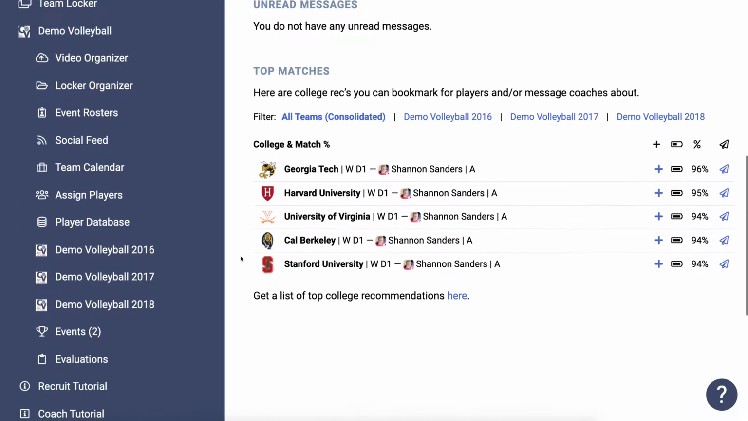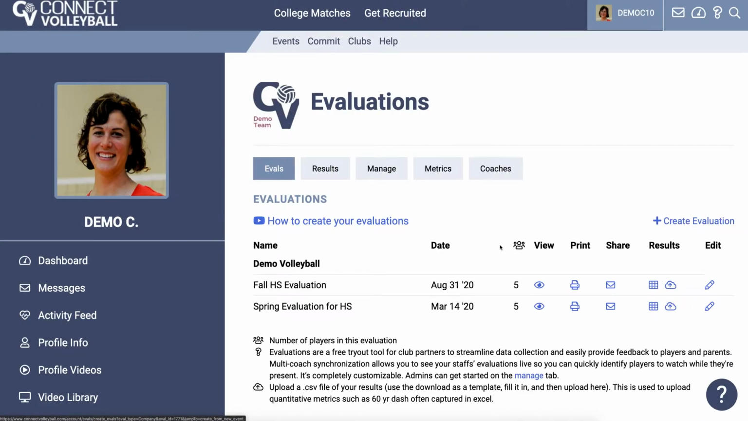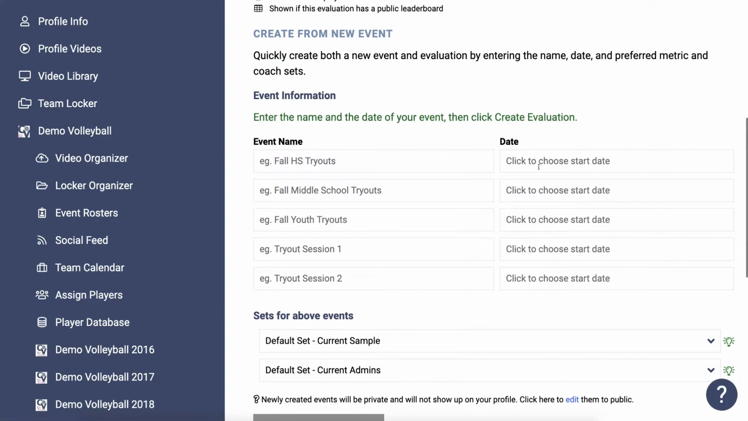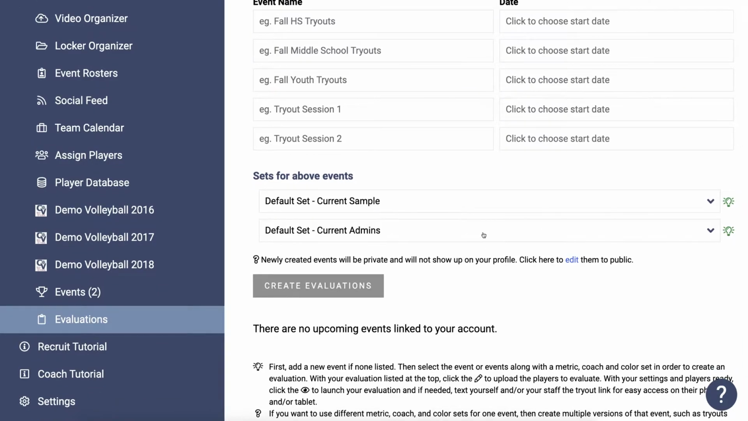If I scroll down to the evaluations tab, you can come over here and quickly create an evaluation. You just need to put the name and date. If you have multiple evaluations, you will be able to consolidate those results. You can also have your current admins, a current sample here of metrics. So if you have different evaluation metrics you want to use for youth versus high school, you can make those